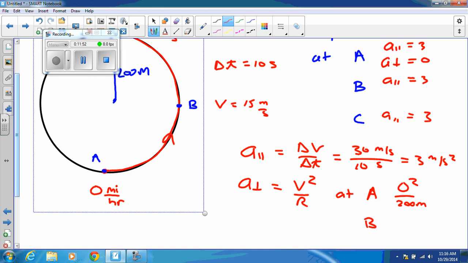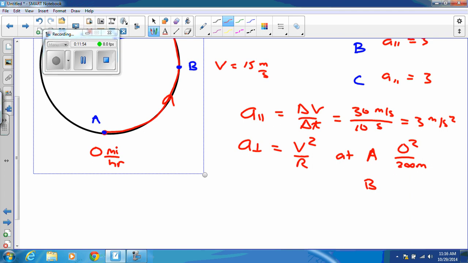But at point B, we have a speed of 15, and therefore my v squared over r is going to be 15 squared over 200. Somebody give me that number. 225 over 200, yeah. So I get 1.12 meters per second squared